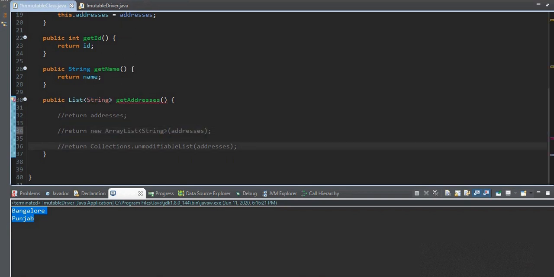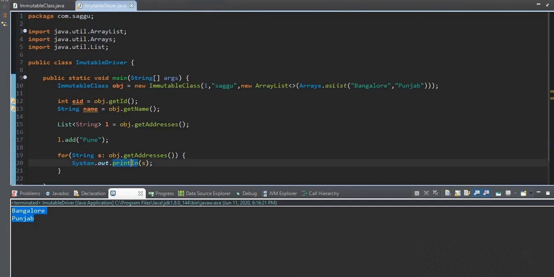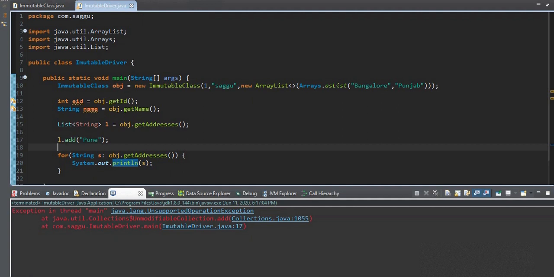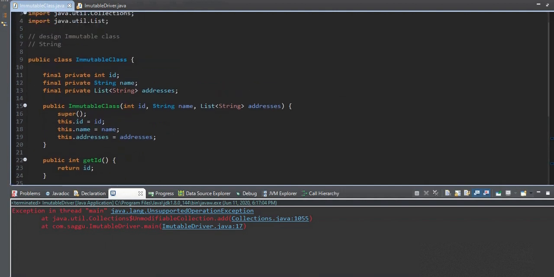In Java, in the collection framework, they have given us the Collections class, which has an unmodifiableList method. By using that also I can do this, but this method will throw an exception when we try to add data to this list. You can see it will throw an UnsupportedOperationException, right? By using these steps, I can make the class immutable, and you can also make the class final so that nobody can inherit this class and change its behavior. These are all the steps we need to make a class immutable.